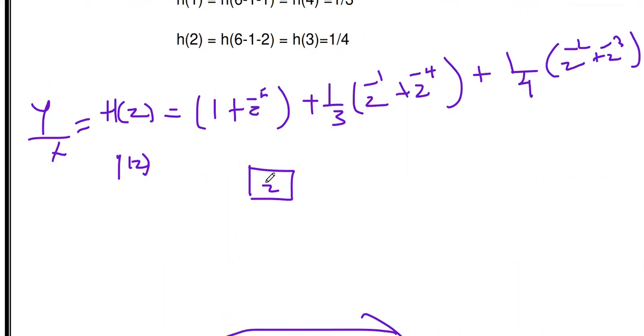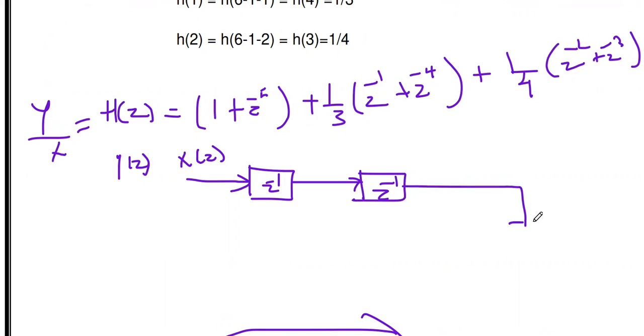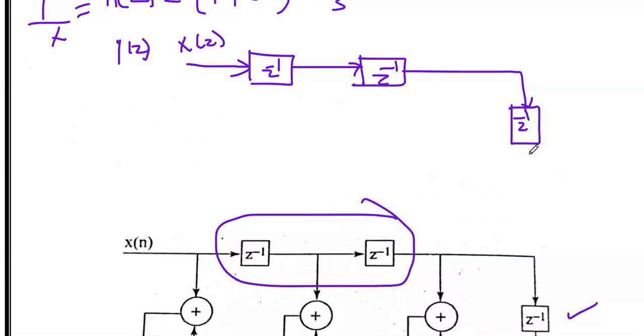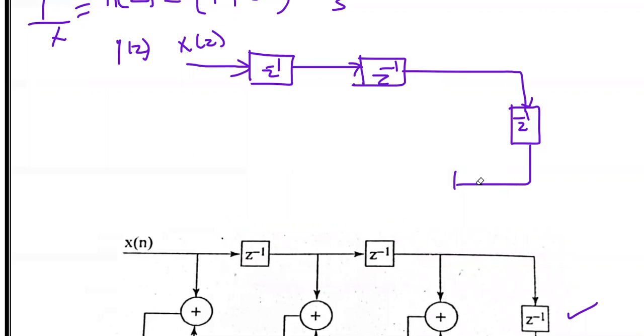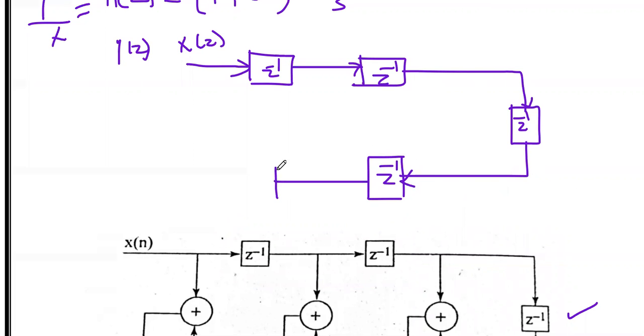So first, this is one z inverse. Okay, this is the first z inverse. So input is X(z). Then this is the second z inverse, second delay element. Arrow is important. Then in the center, we have to use one more delay, the third delay. Then the fourth delay. It's in the same position. If you keep the delays in the same position, then only we can combine easily. So here one z inverse, the fourth delay, and here you draw the fifth delay. So 5 delays we have drawn.